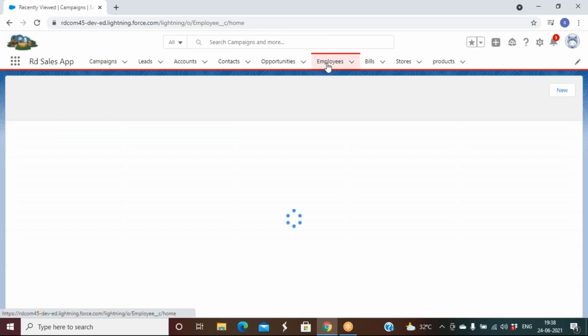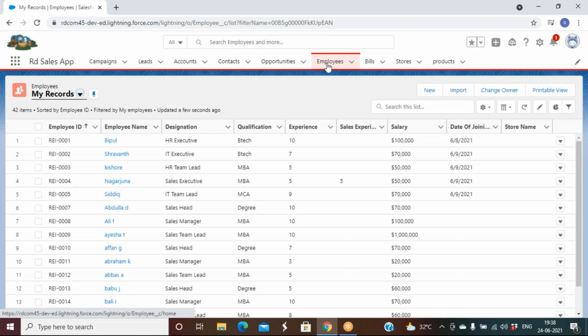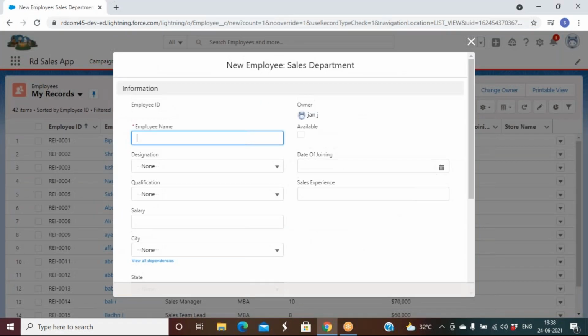Let me go to the employee tab. So whenever a record is created on employee object, to that new employee, we want to send a welcome email.